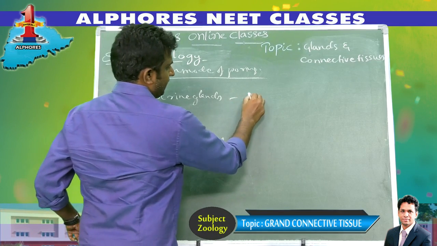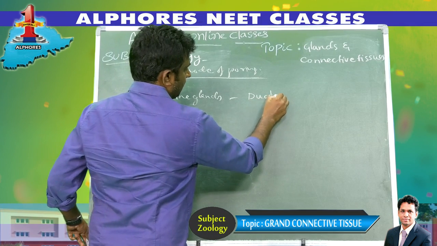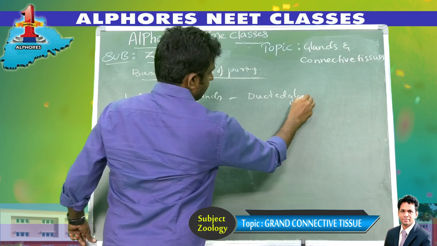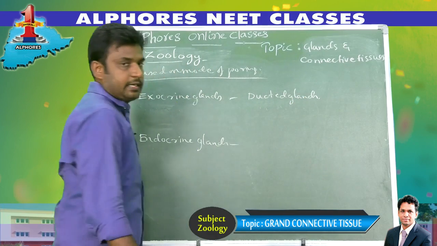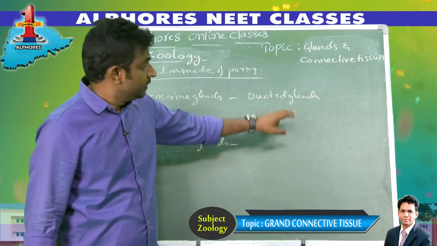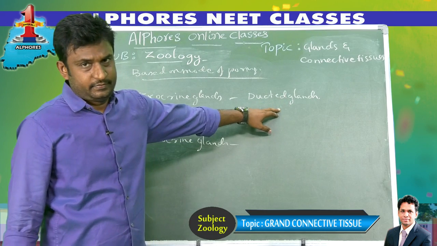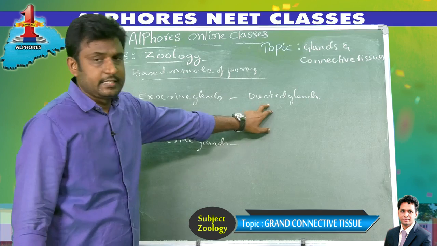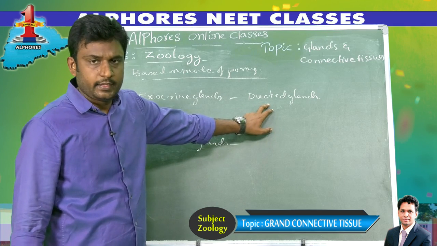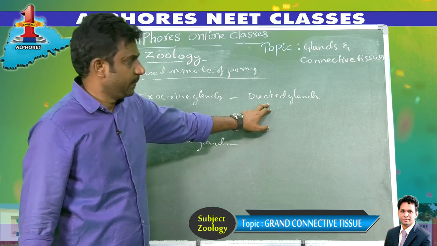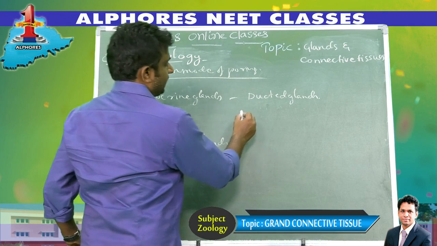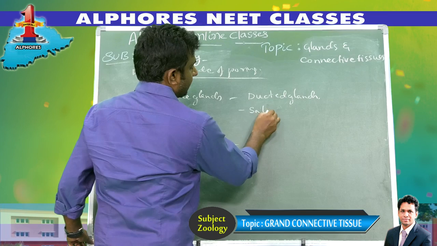Exocrine glands are also called ducted glands. So ducts are present in these glands. Through the ducts only their secretions are released. Example for the ducted glands, salivary glands